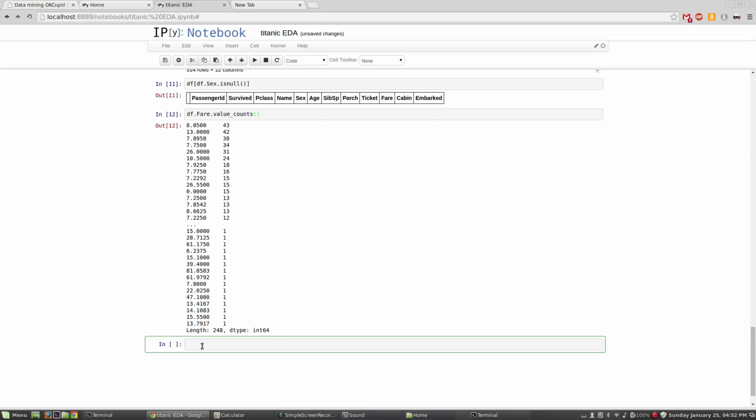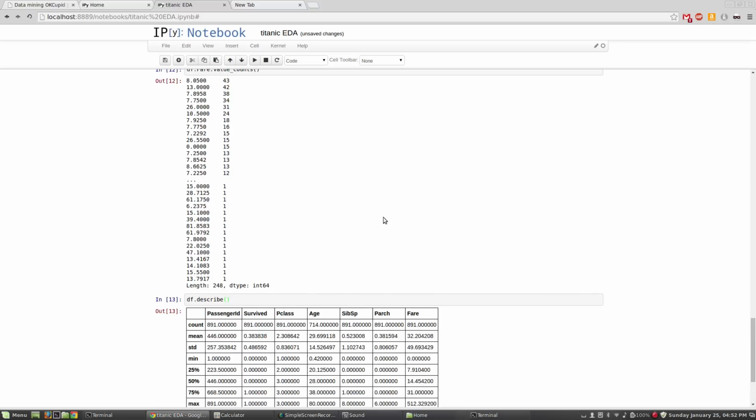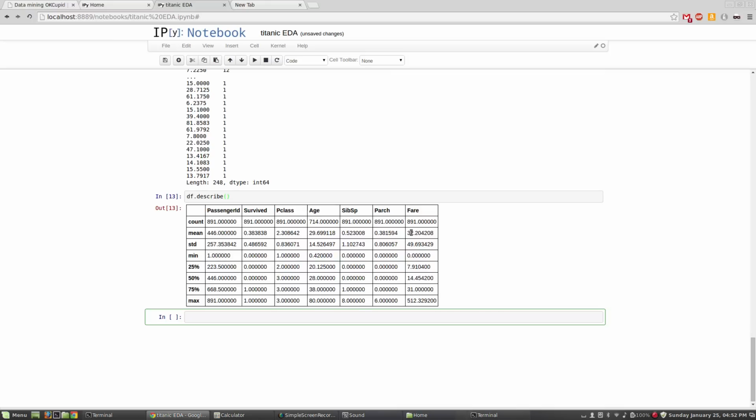All right, so this is definitely a continuous variable, as opposed to categorical. If we didn't know this, something else that we could have used, and I should have told you about this before, but I was holding this back, is df.describe. So check this out. For any continuous variable, it will give us the mean, standard deviation, minimum, and then the percentiles and the max value. So we can see that there were 891 counts of fare. The average fare price is 32 with a standard deviation of 49. So that's quite a large variety of fares. The minimum fare price is 0, and that's interesting. The maximum fare price was $512, and that's a lot of money for, I believe the Titanic sank in 1918. I should know that. Anyway,